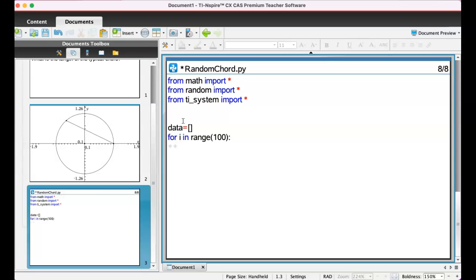I need to create a distance between those 2 points, so I'm going to call that D. My distance is, I can use SQRT for square root because I've imported math. But before I do that, I need to create my angle. I'll call that angle A, and I want that to be equal to 2 times pi, and there is a pi command on this, times